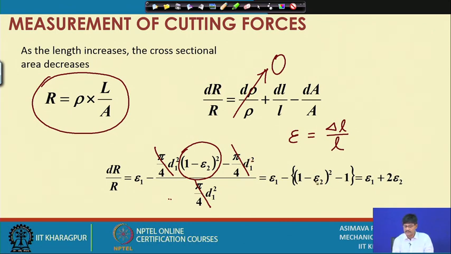So, if we expand it binomially, or not even binomially, if we say that this is a minus b whole square, the square of that strain term we neglect. So, that when we consider all these signs, out comes epsilon 1 plus twice epsilon 2. Okay. And hence, if we divide it by epsilon through the expression, we will get